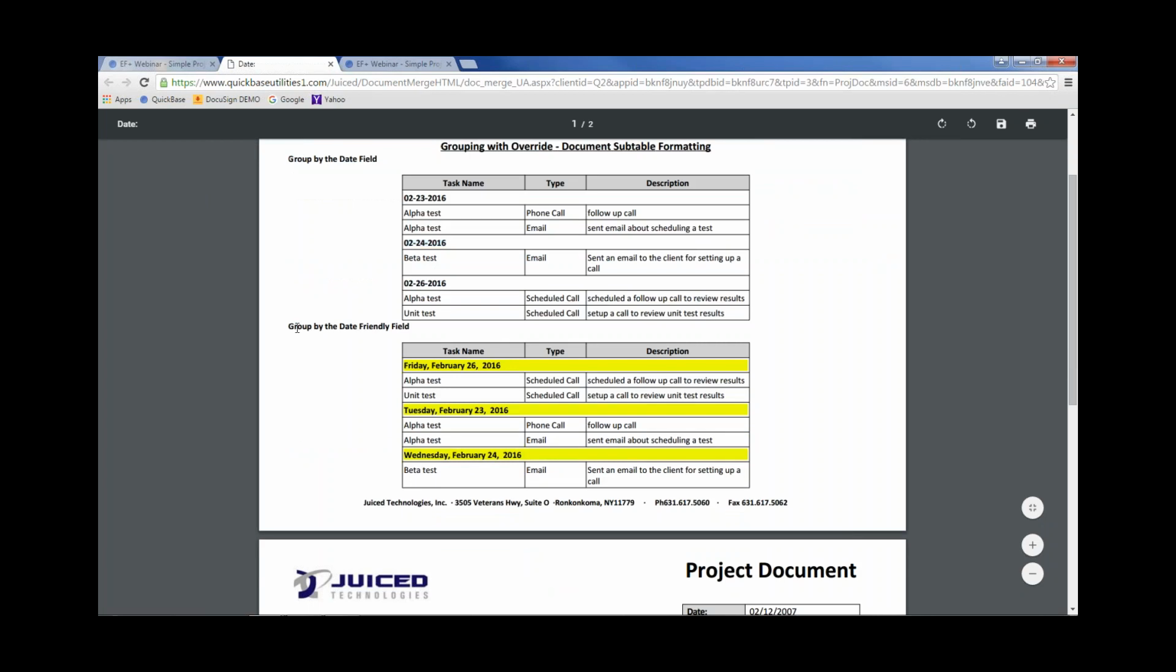So now I'm grouping by the date-friendly field. And you can see it actually looks nicer. But if you notice, there's a problem here. The sort went alphanumeric instead of by the date. So obviously it's not in the right format. The format that I want is by date. So